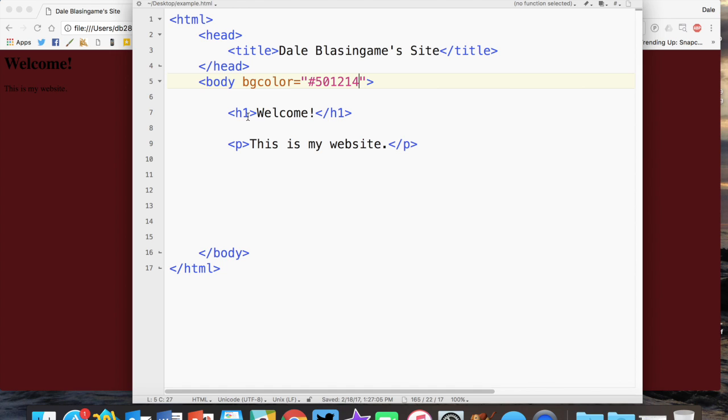The next one is maybe you want to align some text. So to align text, I would need to go down here to one of my text options. I have this header or I have this paragraph. Let's say we want to align the header. So again, my attribute would be align in this case. So that's one of the most popular attributes. Again, it's followed by the equal sign and then an open and closed quote mark, and the value goes inside of there. So if I say align left and go ahead and